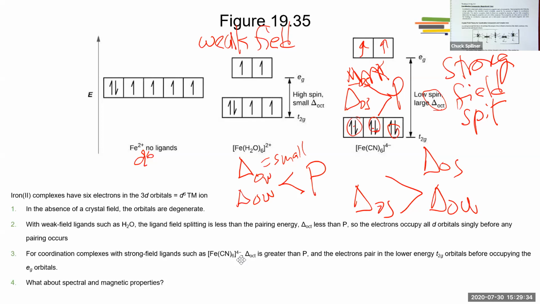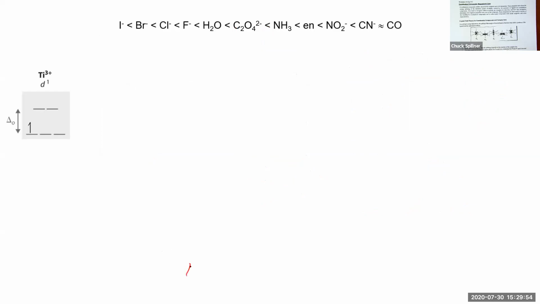What about spectral properties? Okay, so I didn't talk about the magnetic properties. There are 2 kinds of magnetic properties, and those are called paramagnetic and diamagnetic. I'll write these words, paramagnetic,